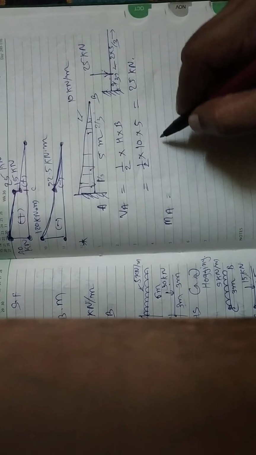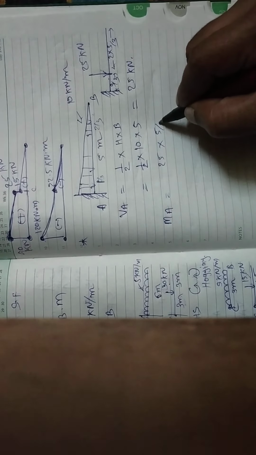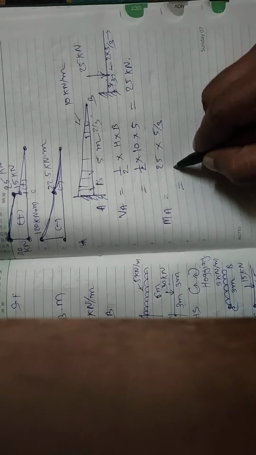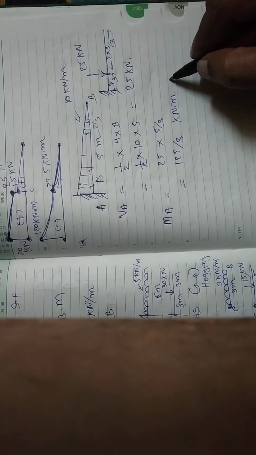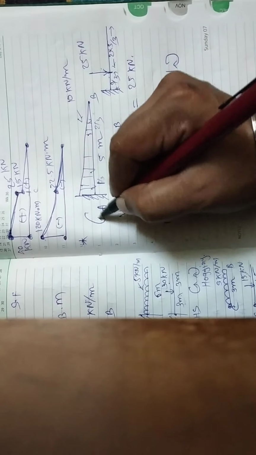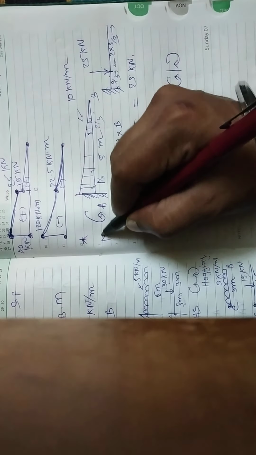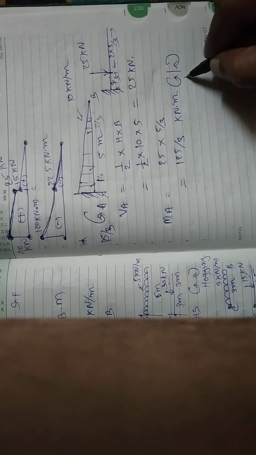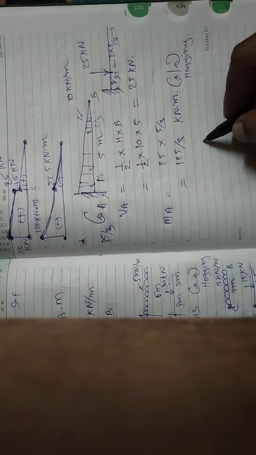So the moment at A due to this UVL, you can say it's 25 into distance of 5/3. So you can take a calculation of 25 into 5, it's 125/3 kilonewton meter. There is a total moment from right hand side. So right hand side is clockwise, so you will get exactly opposite reaction, moment reaction, as it is a fixed end. Right. So moment reaction is here, and it's always having the same value. So in exactly opposite direction, 125/3, you can say in an anti-clockwise direction. So overall moment is a hogging. Okay. So moment at A, you will get as a hogging.